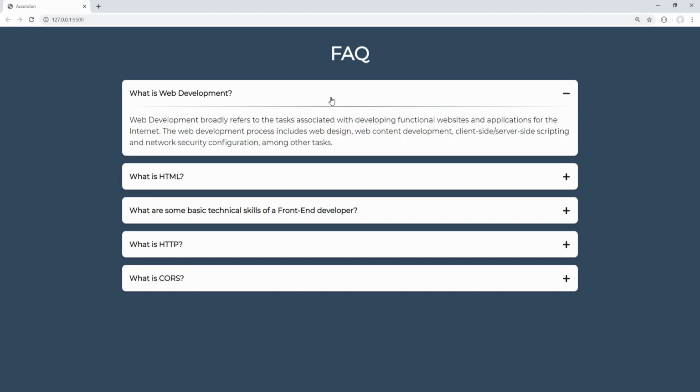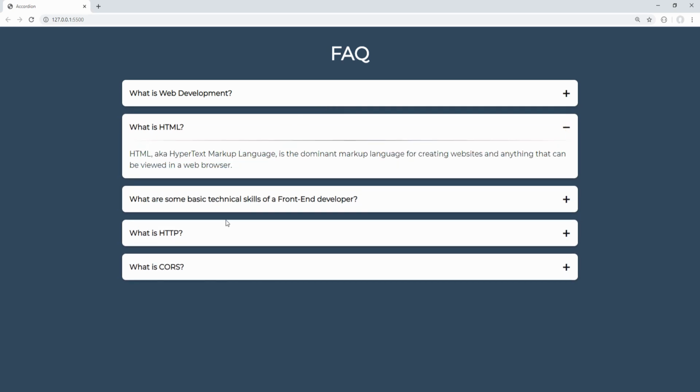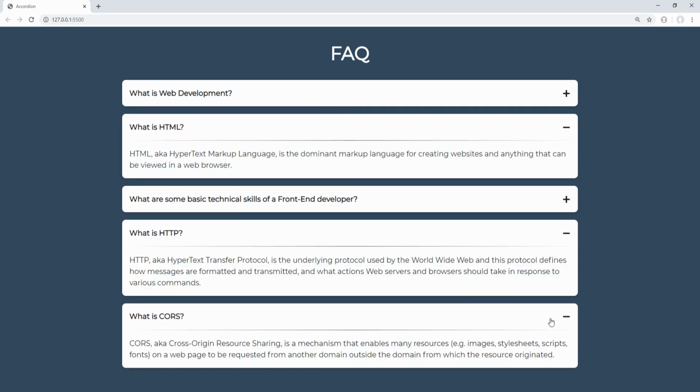As usual, we are creating this component from scratch with HTML, CSS, and Vanilla JavaScript as an alternative to using